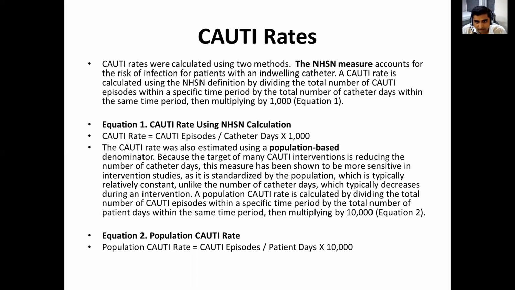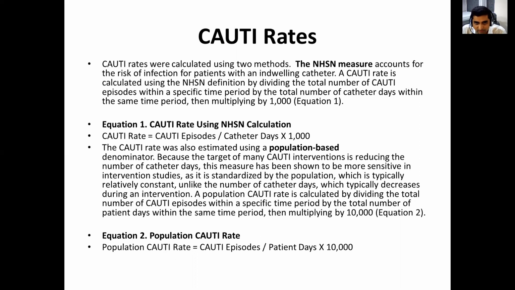The population-based CAUTI rate is more sensitive and more appropriate because it takes patient days into account rather than catheter days. Because with any intervention, we are checking all these things to decrease CAUTI, so obviously we will decrease catheter insertion and catheter days. So we may not know whether the decreased CAUTI rate is due to decreased use of catheters or due to compliance with the other bundle elements as well. Because patient days would remain static, the population CAUTI rate would be more appropriate.